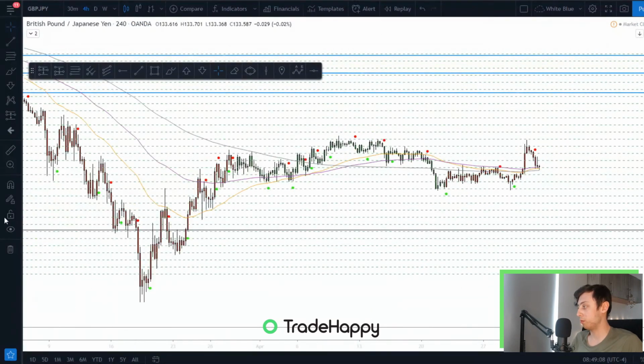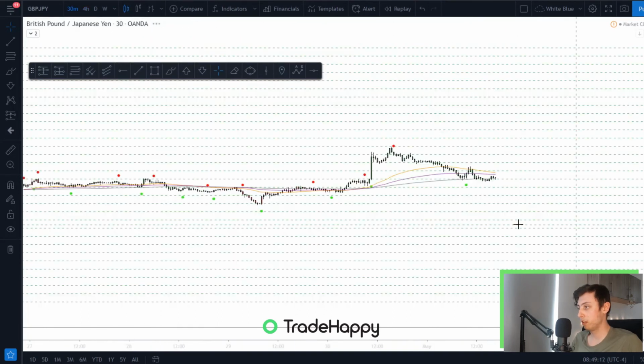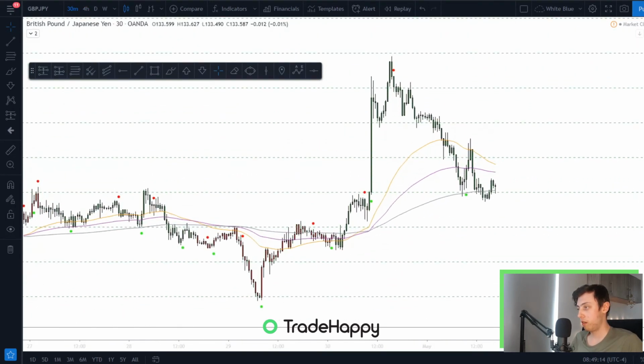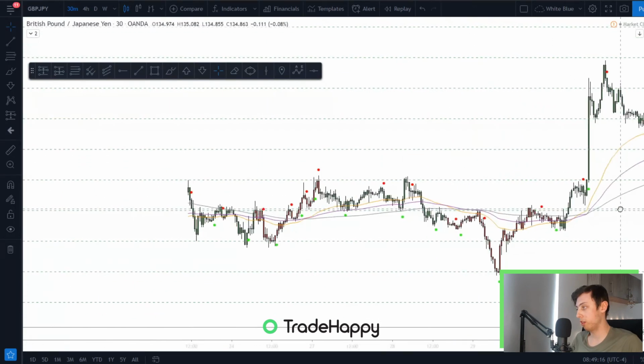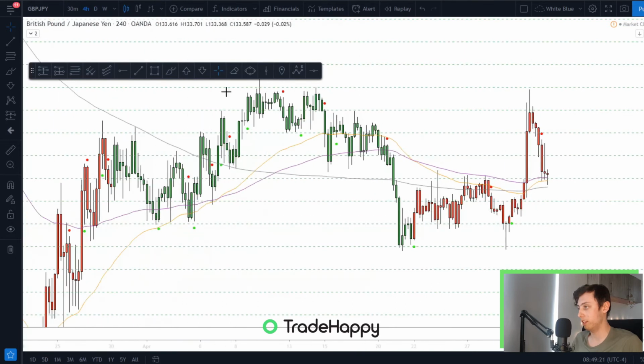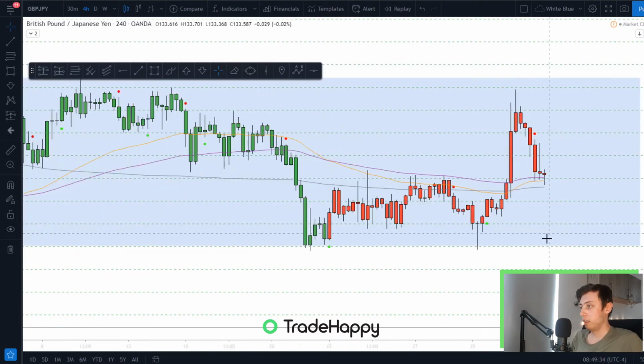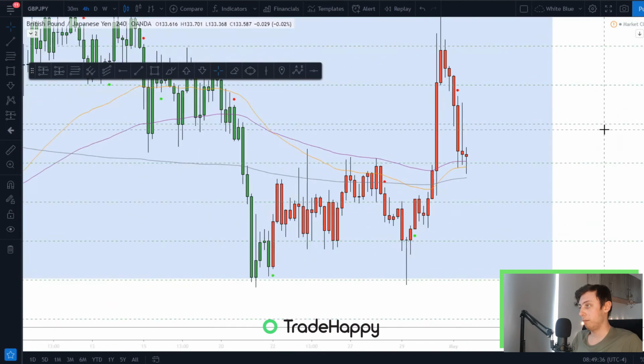So yeah, let's move on to the next one, GBPJPY. There's not much going on here, just due to the fact we are in consolidation of this area here. So let me just mark that up for you. So we'll see what happens. There could be a long trade on here, but it's not a trending market, so it's not normally a trade I would take.